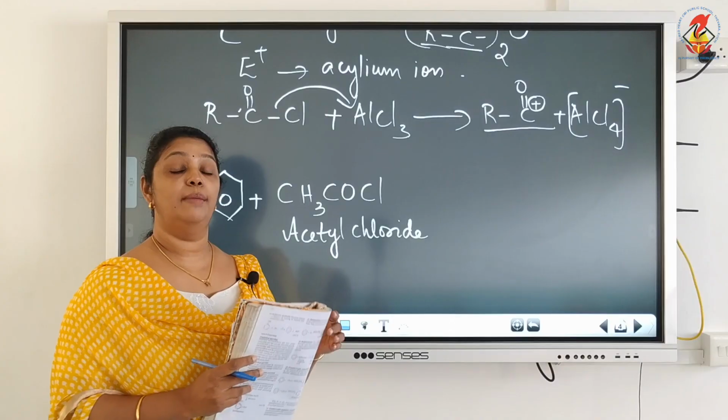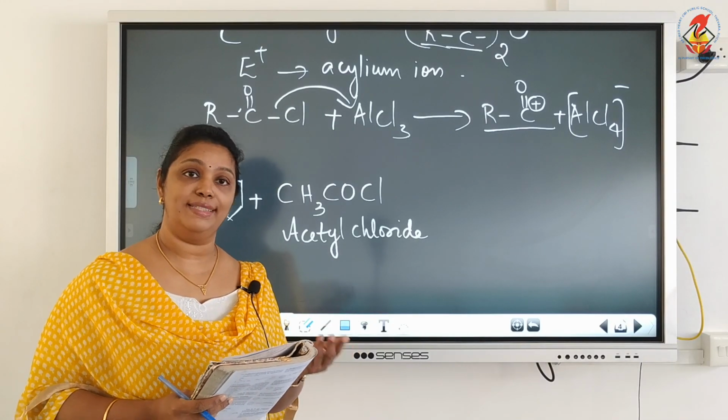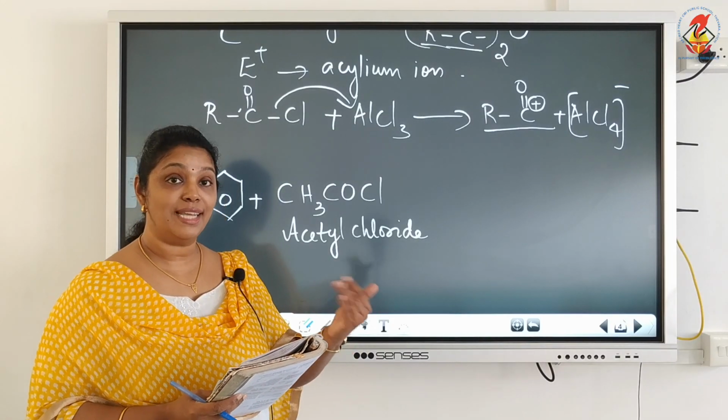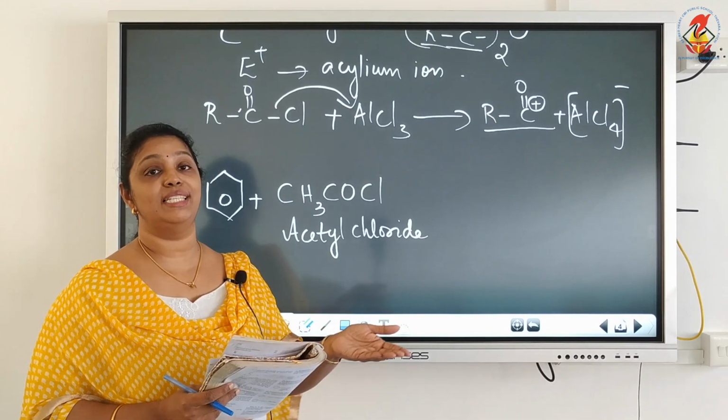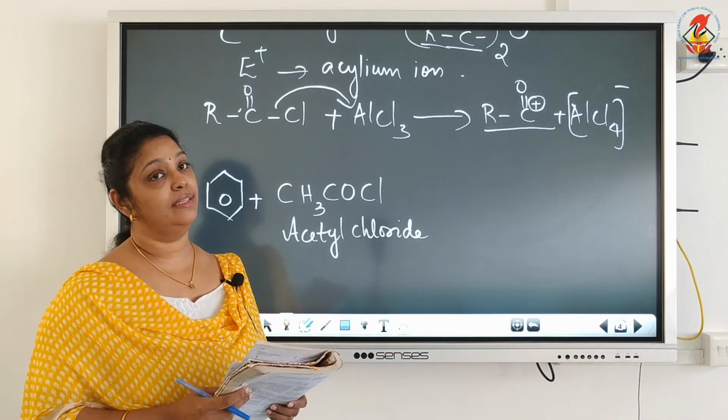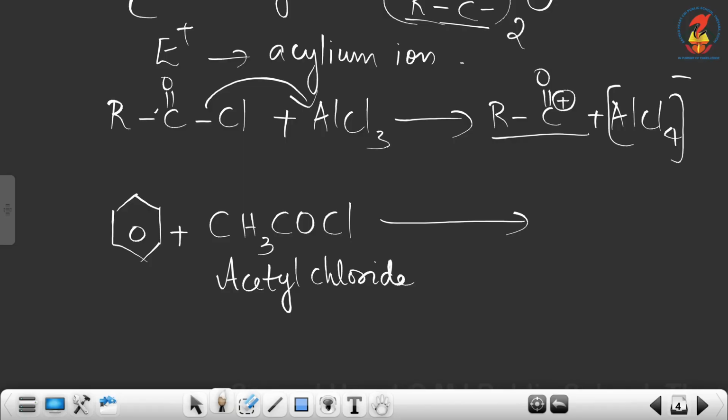You know the name of acetic acid formula, CH3COOH. So acetyl chloride will be a derivative of acetic acid. So CH3COCl. Now this reaction takes place in presence of anhydrous aluminium chloride. Now heat. Now the product formed is